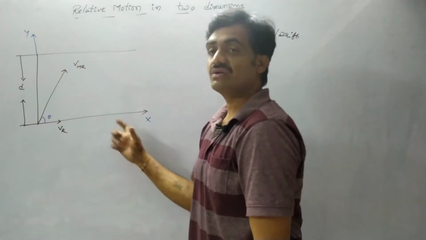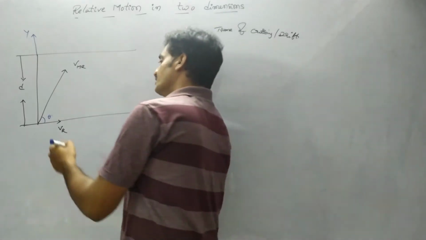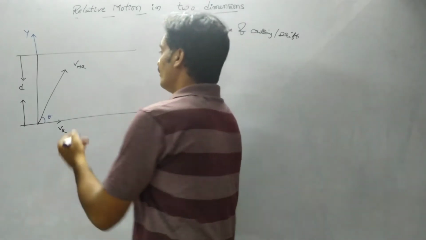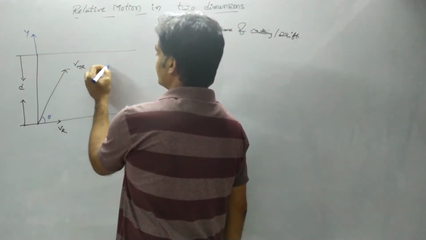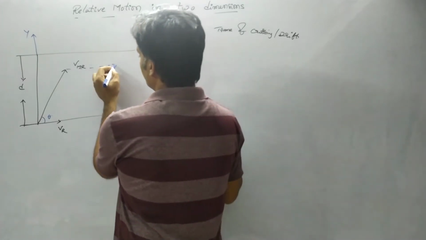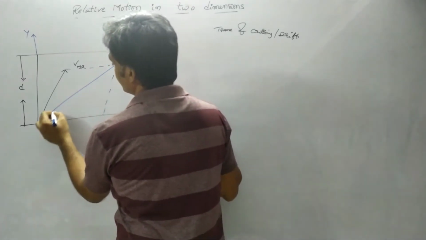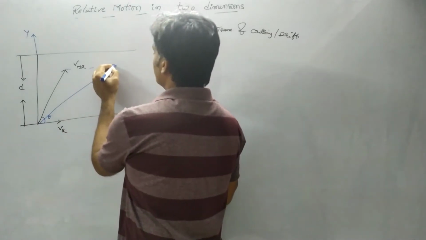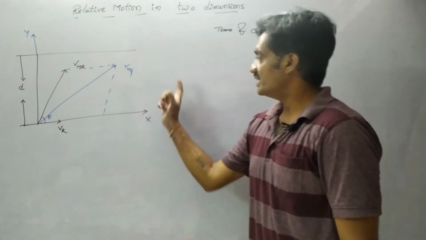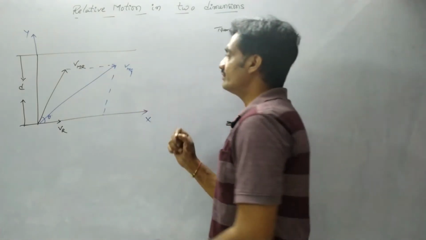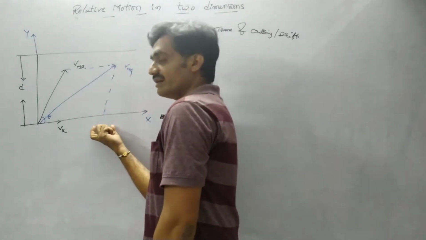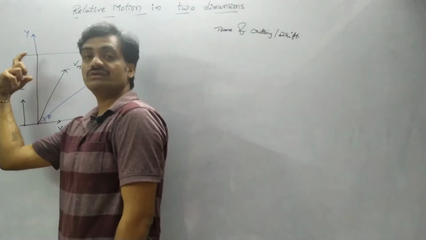Now based on this, we have to solve the equation. In order to solve this, we have to represent the velocity of the man with respect to ground. For this, we draw a parallelogram, whereas this line represents the velocity of the man with respect to ground. So first of all, we have to represent the velocity of the man with respect to river along the river flow as well as perpendicular to the river flow.